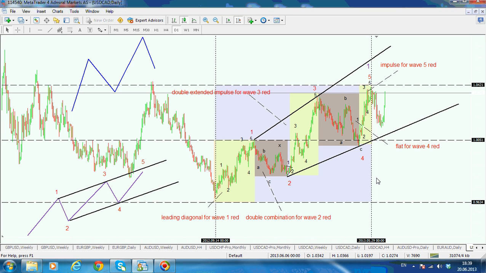Again, this is subchapter 4.1.2, and it is entitled Leading Diagonal Guidelines. A leading diagonal, like mentioned earlier, is easy to recognize as it usually takes the shape of a wedge. But again, this is not mandatory. What's mandatory is that the leading diagonal moves within the trend line formed by the end of the first wave